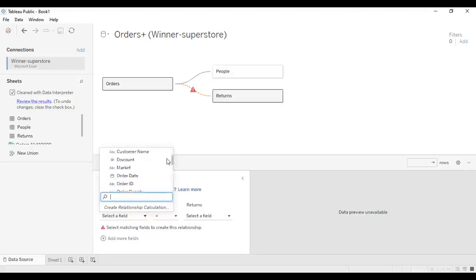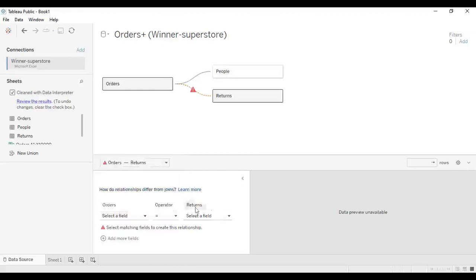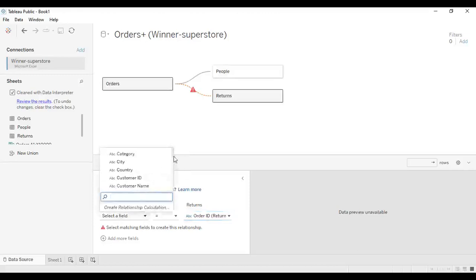So we've gone through that. Now we'll go through our return and select to see the columns. We have market return, order ID return, and return. Since this order ID return column we also have in our order, we'll go and look for our order ID. So this is their relationship,